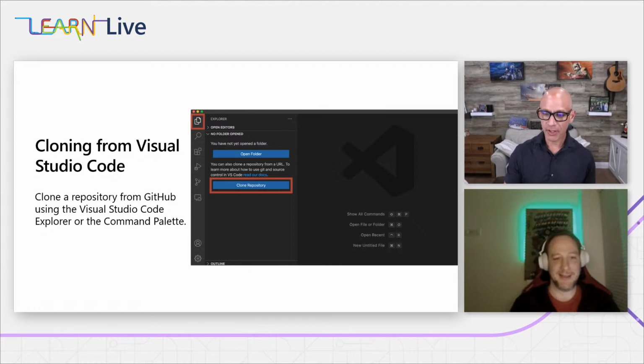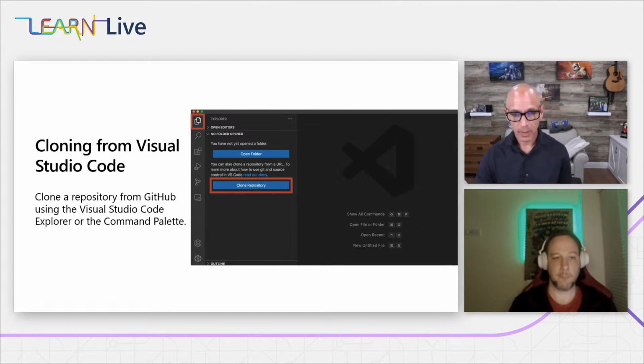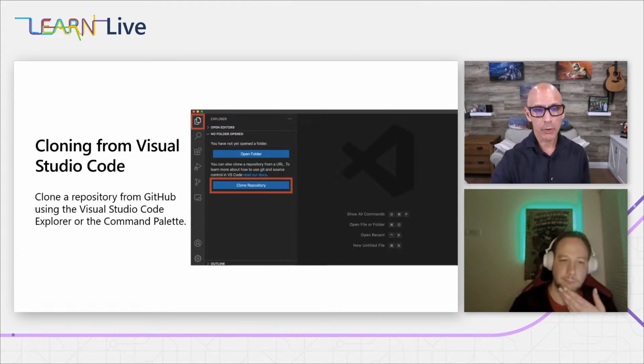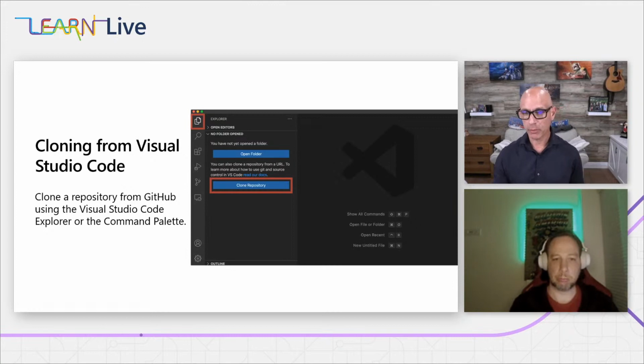If you don't have this, you can go into the File menu, look up the View menu, look at Explorer, and then you can do Clone Repository as well. You can also use the command palette to get here. There are always multiple ways. My old reliable in VS Code is the command palette, which you open by hitting the F1 key, whether it's Mac or Windows. It works on both machines, so that's super cool. And once you do that, you can git clone your repo right from Visual Studio Code.